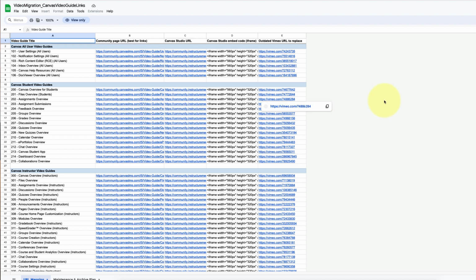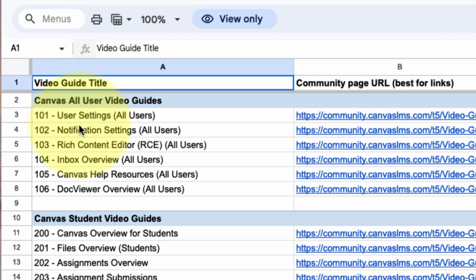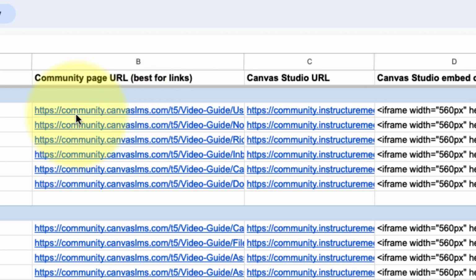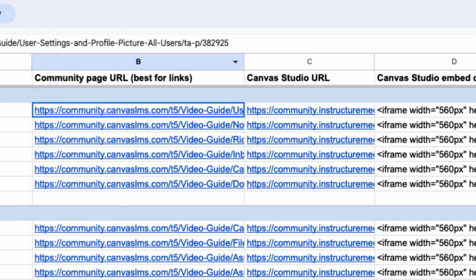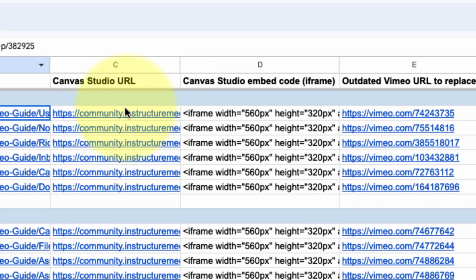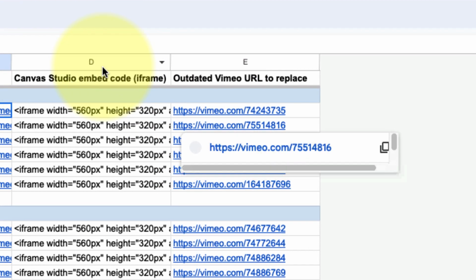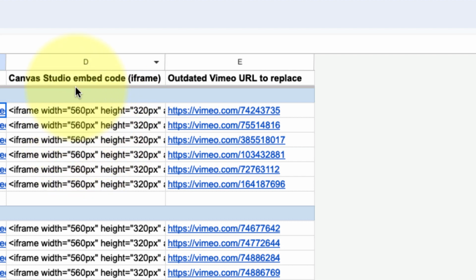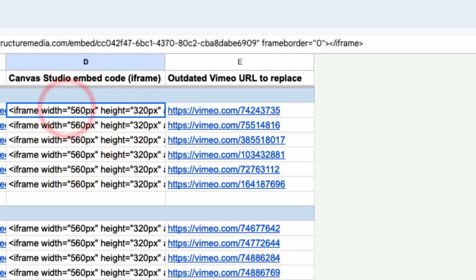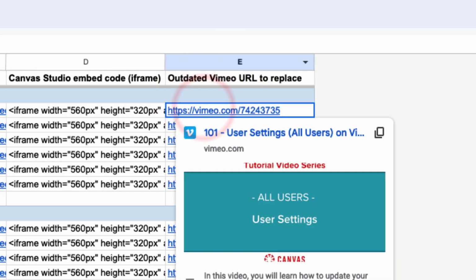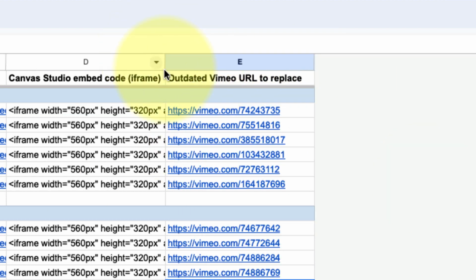You'll see on the left it has the title of the video, then in the B column the Canvas Studio link, and then this is the one I like, the Canvas Studio embed code, and it also shows you the outdated Vimeo URL. So this is a way you can find the old ones if they've disappeared.